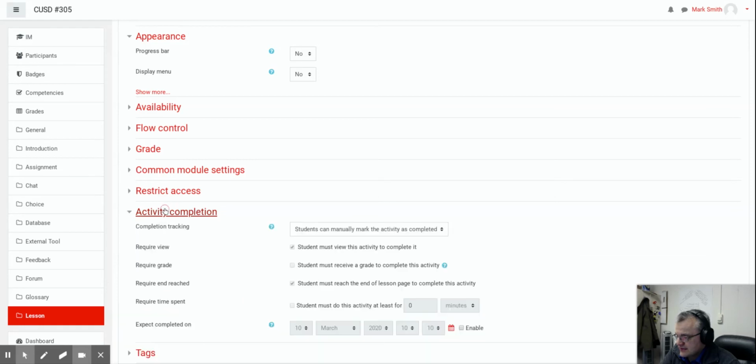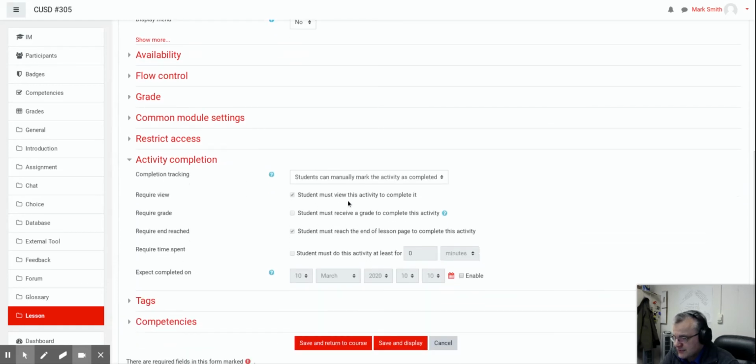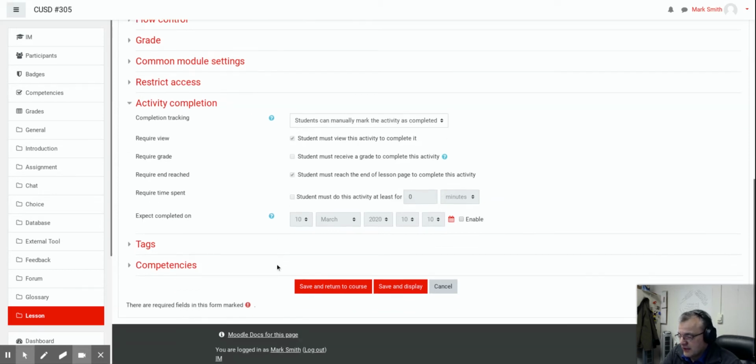We can do the restrict access and activity completion again. And if you look at activity completion for this one, student must view the activity, student must receive the grade, student must reach the end. And then you can also put in a time frame. So they need to spend this many minutes on this lesson. Because if they just click through, they're not understanding it, or however you do it, you have a 15-minute video and they only do it for 10. Well, obviously they haven't watched the entire video. So that's the idea, so you can control kind of where they are, and then we have the